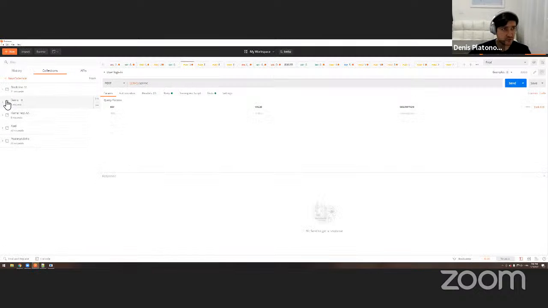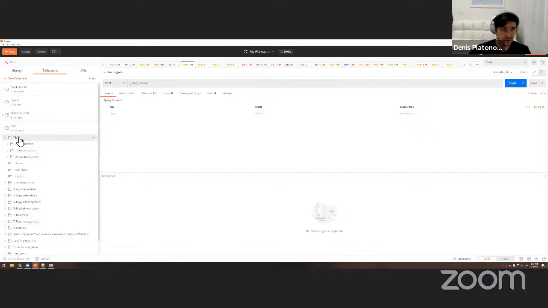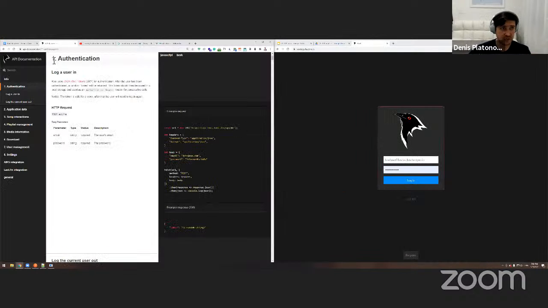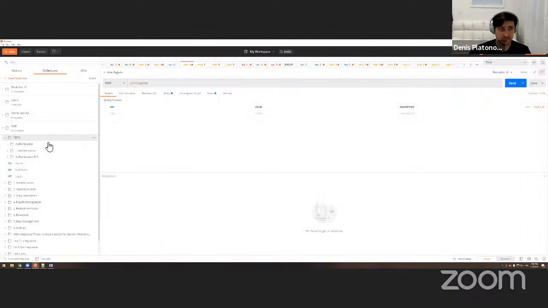So let's go to Postman and go to coil and then go to test. So how would we do that? We just create a folder, you can just call it the authentication folder, and we will put all the test cases in there, right? So I already have some test cases.